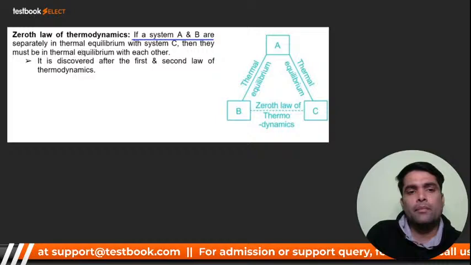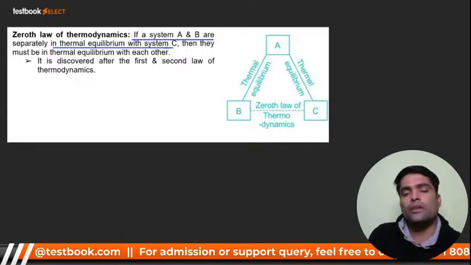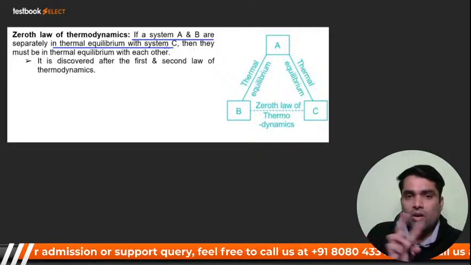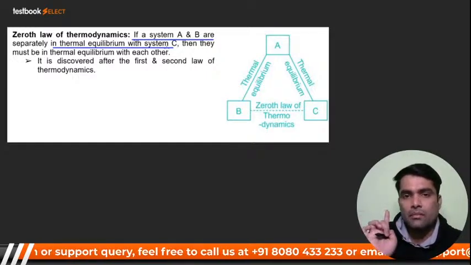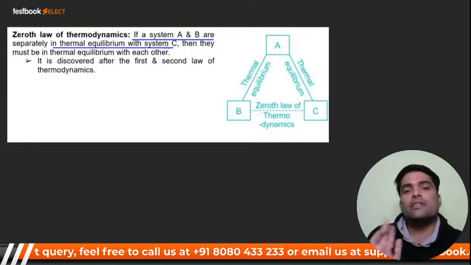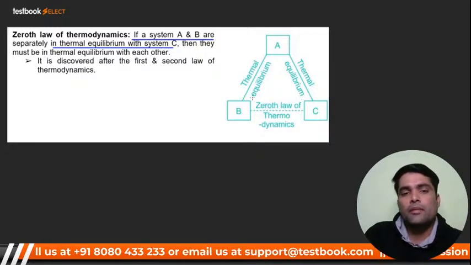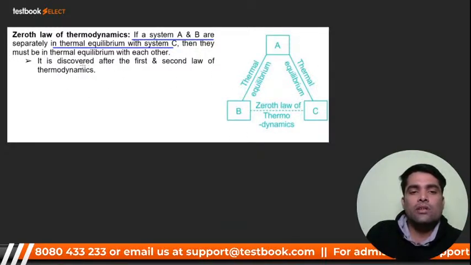If systems A and B are separately in thermal equilibrium with system C, then definitely all three will be in thermal equilibrium with each other, and that is nothing but, my dear, ABC. And this zeroth law has been discovered